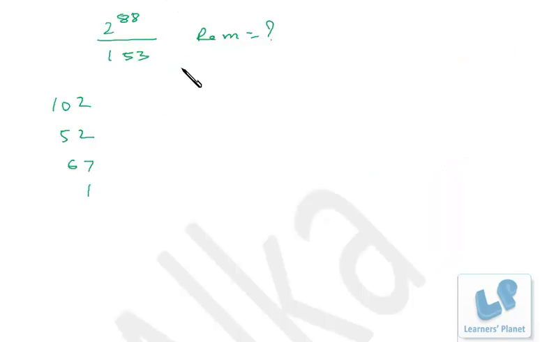Now let's see this problem. It seems to be tedious, but just concentrate. 153 is actually 17 into 9, right? So what we do, 2 raised to 88, we will be dividing separately by 17 and 9. Now 2 raised to 88 can be written as 16 raised to 22. I'll divide it by 17, and for 9 I'll be making it in the powers of 8, right? So just take it separately. 2 raised to 87 is 8 raised to 29, and into 2 that's 2 raised to 88.